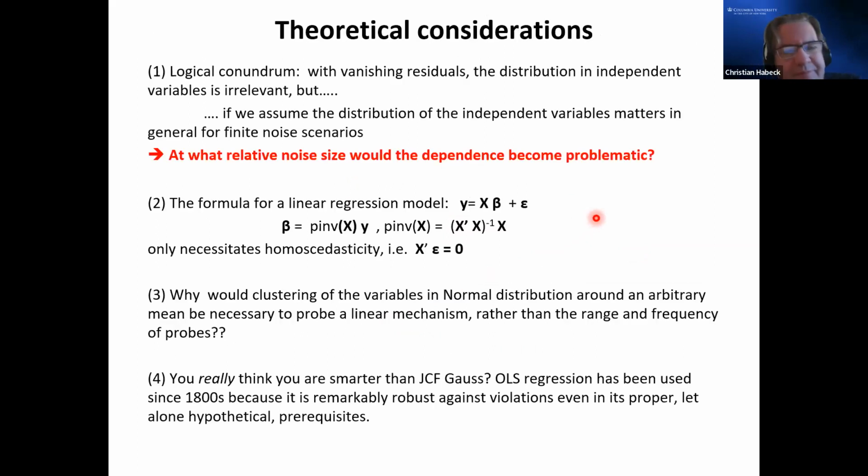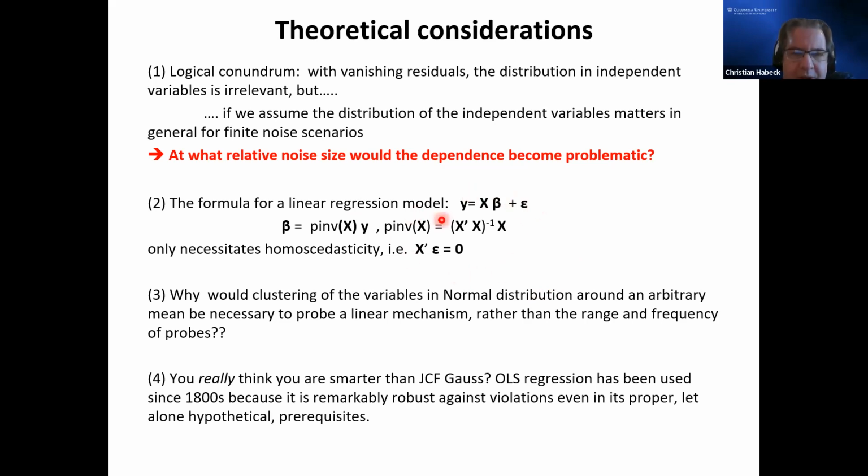Now, you could ask yourself, it's weird. Once you have measurement noise, the more data you have, the better, obviously. But now it becomes very strange. At what size is the noise important enough that the distribution of the variables matters, right? It's a weird logical inconsistency. So you crank up the measurement uncertainty, and at some point, all of a sudden, this dependence on the distribution would kick in. And now it would matter whether the values are clustered around the mean in a Gaussian fashion or not. And another thing is you can look at the formula for linear regression.